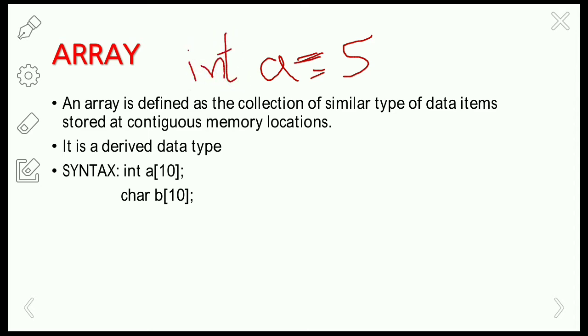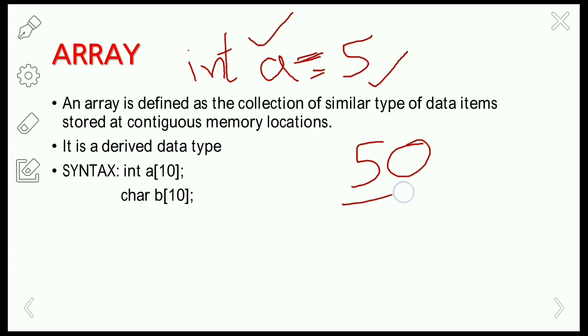That means if you want to store a single value, then you can store it using a single variable. Okay, suppose you want to store multiple values, like 5 values, 10 values, 50 values or 100 values. Then if you want to store 50 values, you have to declare and initialize 50 variables, right?